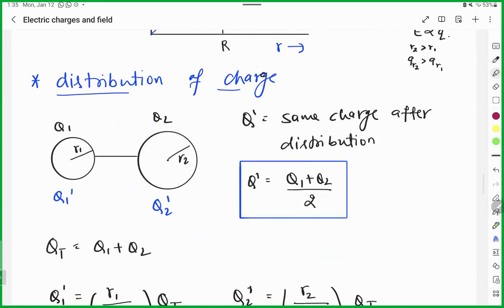So distribution of charge. Even after the distribution, charge will be the same, and I already explained this point in the chapter of Coulomb's law. While I was doing Coulomb's law, what happened? We discussed that if you take total charge, just give me a minute, I will